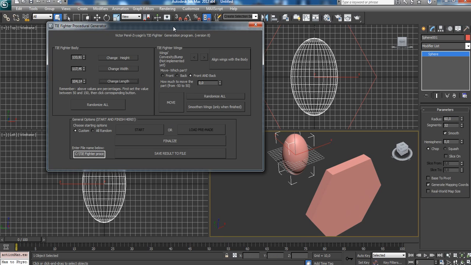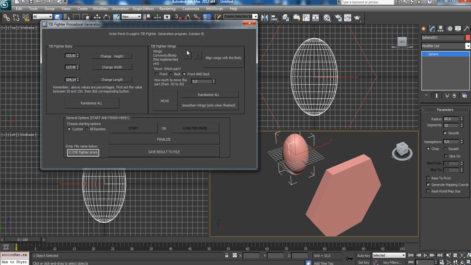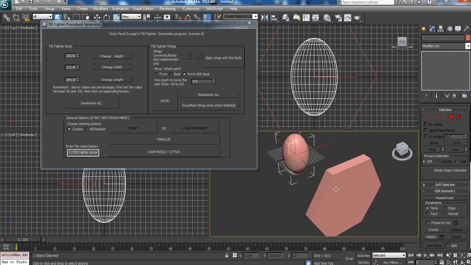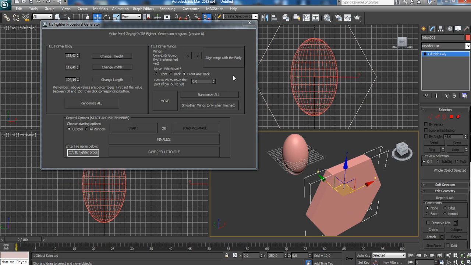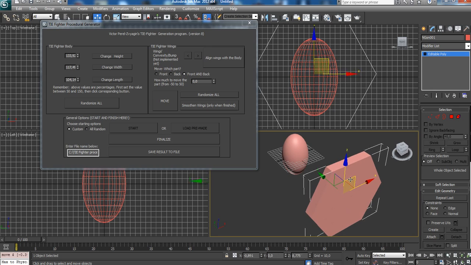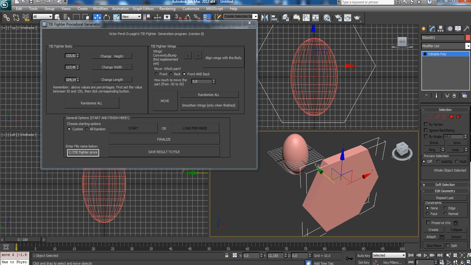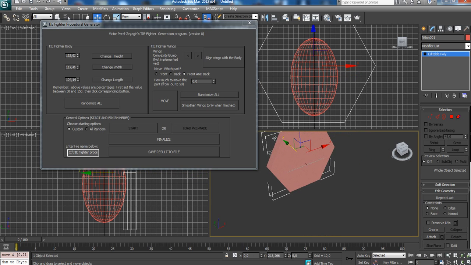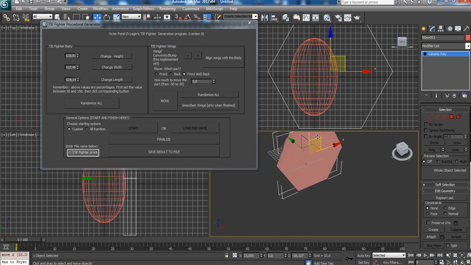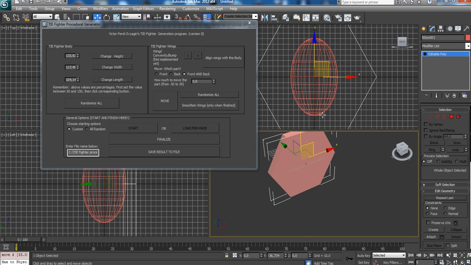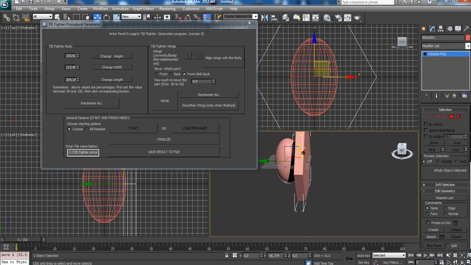Now we move on to the TIE Fighter wings. If you accidentally ever move the wing to adjust it nearer to the actual body, and you move it in some other direction apart from Y direction, you can always align it with the body by clicking this button. It will only align in X and Z, so that you can choose how close it is to the TIE Fighter body, and